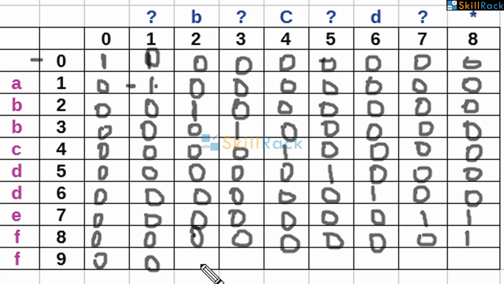So 0. B and F 0. Question mark and F it can match but the previous match is 0. So 0. C and F 0 not matching. Question mark and F it can match but the previous match is 0. So 0. D and F not matching. Question mark and F it can match but the previous match is 0. So 0. Now asterisk and F you can match any character. So just check left and top. Top is 1. So we have a 1 here.